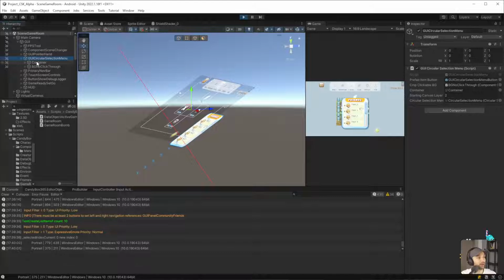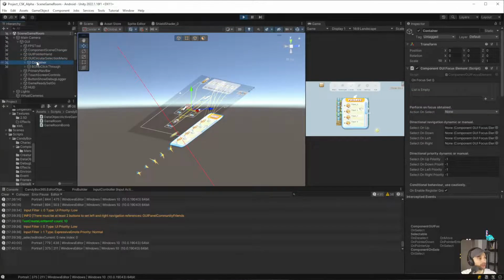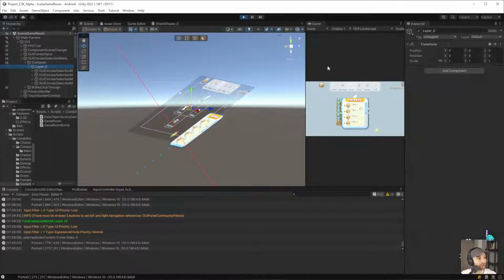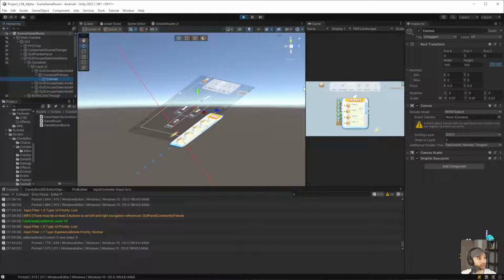So what happened there? What is causing it to be? Because all of it seems to be behind, right? Like when we look at this stuff. So let's see. I want to go to one specific button and have a look at the canvas layer. Okay, so canvas, order in layer 2. That's why. There's no way that that should be a 2.